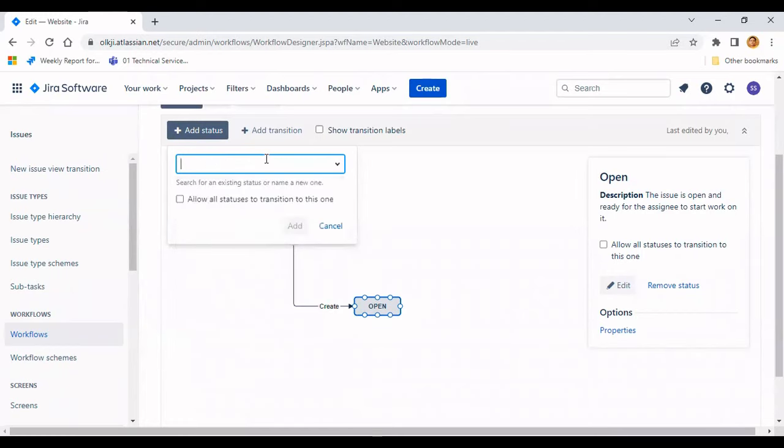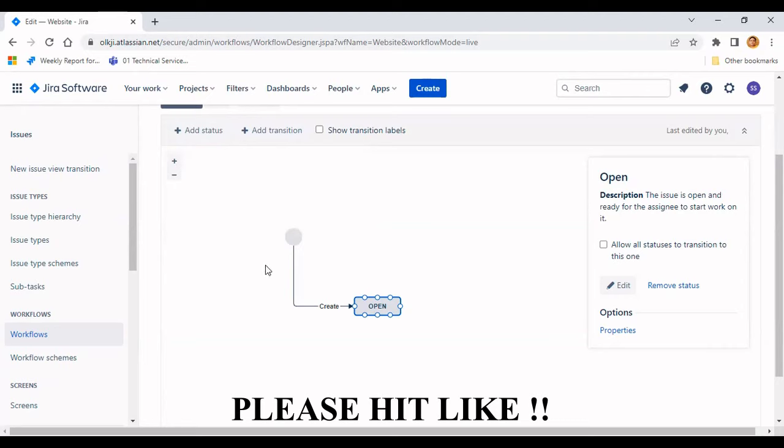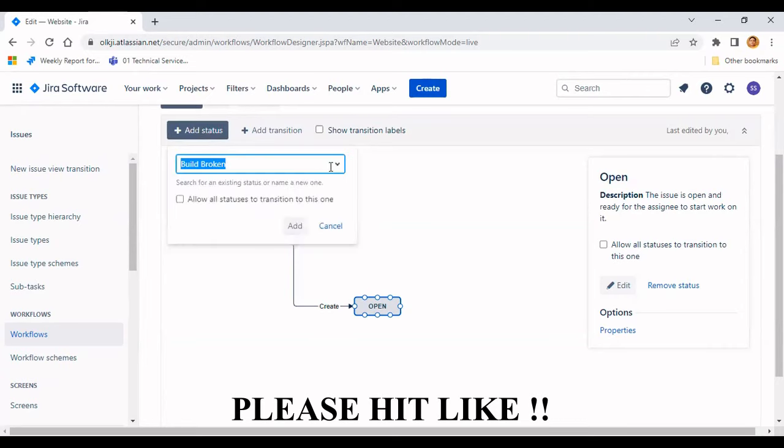Yeah. So if you need to create a new status, just type over here scope request 1. This is a new one. If you can see, I just added 1, and then it's showing me new status, right? So if you click enter, that's it. You have to just add this new status, and it will add it in this. But for a time being, I will not add it, because the scope request is already created, right? So I'll just cancel it. Okay, so I need to add a status, scope request, just add.